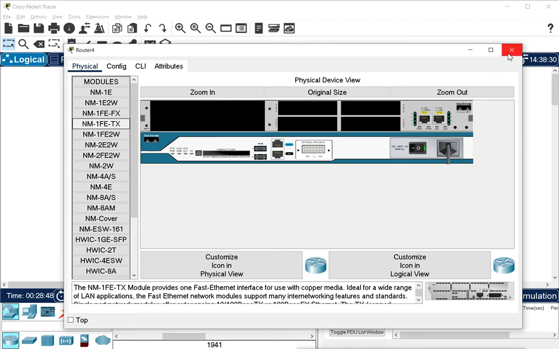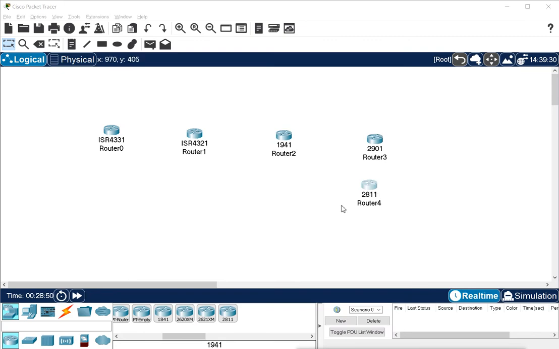So as I said, different series have different configurations. So what configurations do they have? They have different interfaces, different options, like flash, USB, then modules, non-modules. Some routers have multiple interfaces, some have limited interfaces, but all of them have the same features. They have one port for WAN connection, one port for Ethernet connection, and for configuring the router we have one console port and an auxiliary port.